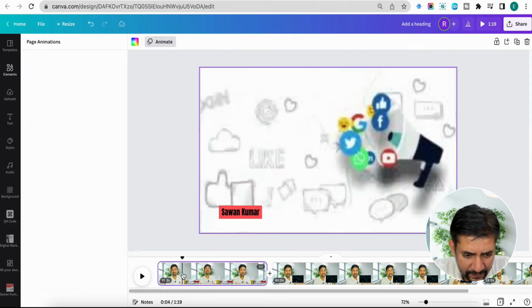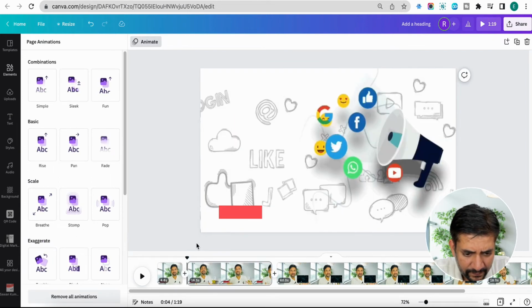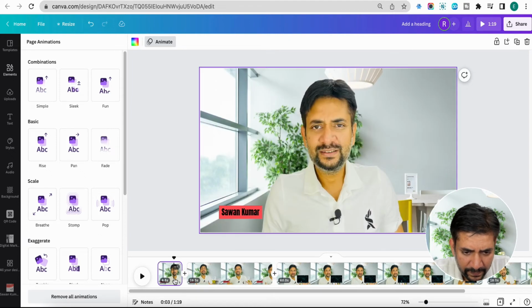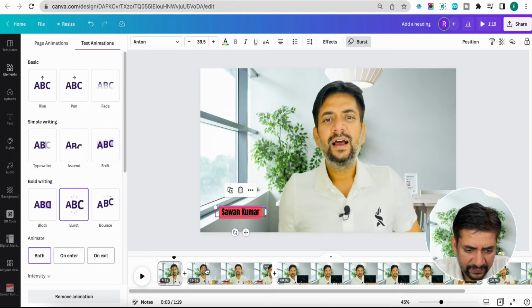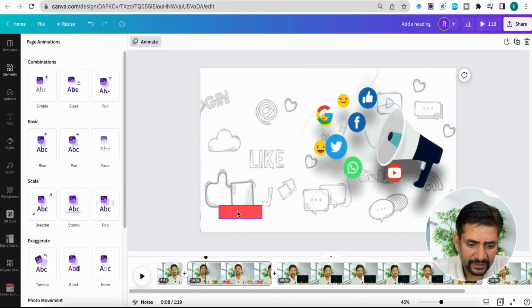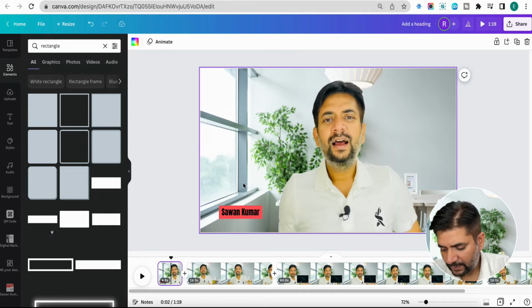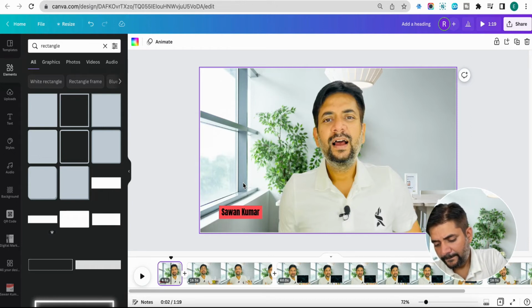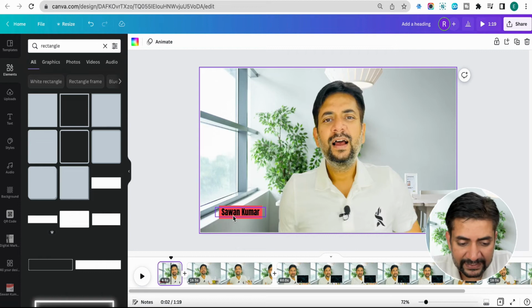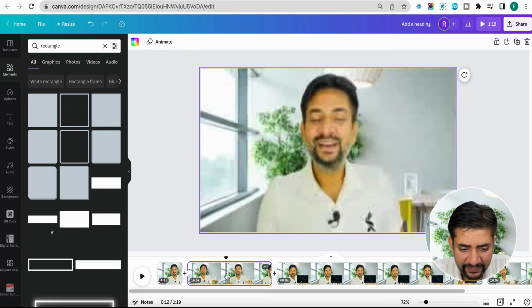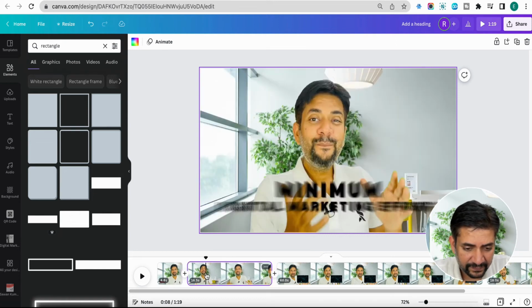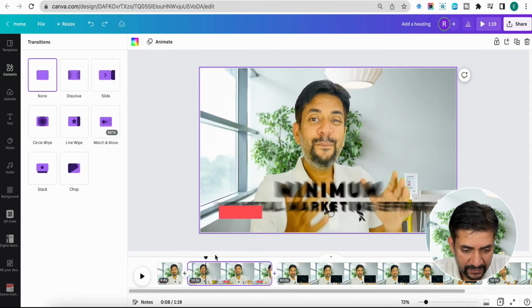Now you can split the video and remove the animation from the part that you do not want, and you can only keep it in the part that you want the animation to be on. Okay, now that we have the animation set up, the next thing is, let's say we want to add different kinds of transitions. Sorry, let's split the video